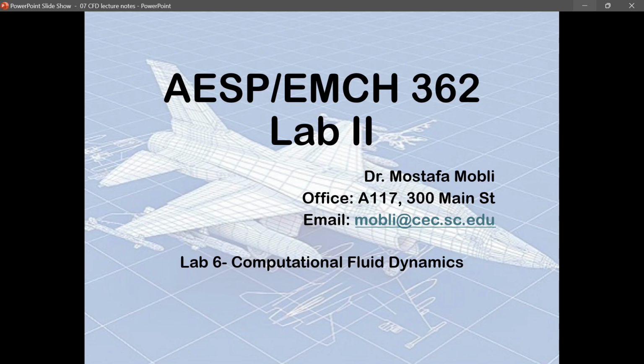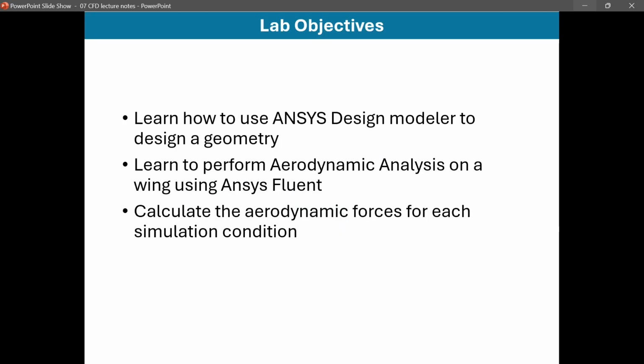Today we are going to talk about computational fluid dynamics lab. The objective of this lab is to learn how to do numerical simulations using ANSYS. ANSYS has a couple of different CAD softwares included in the package. One of them is Design Modeler, which is the oldest one, and we're going to use this one to do the training for you. And you are welcome to use this one or any other CAD software to build your